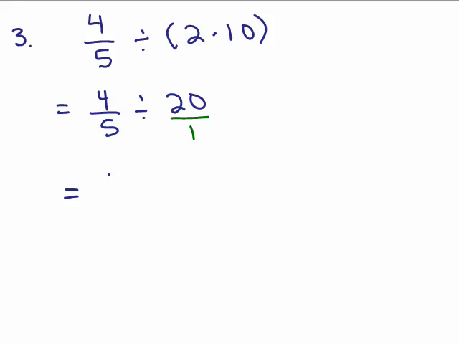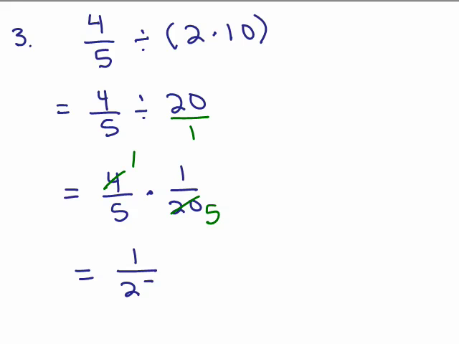So the first number stays the same, and dividing by 20 over 1 is the same thing as multiplying by the reciprocal, 1 over 20. All right, and then we can reduce this before multiplying. That's usually easier. So if any factors in the numerator and denominator are the same, you could divide the top here by 4, which is 1, and 20 by 4 is 5. So there are different ways to cancel, but in the end, everybody should get 1 times 1 in the numerator and 5 times 5 in the denominator. So the answer is